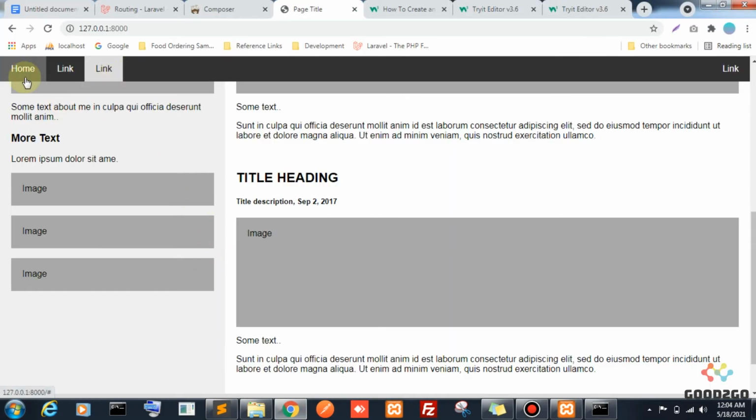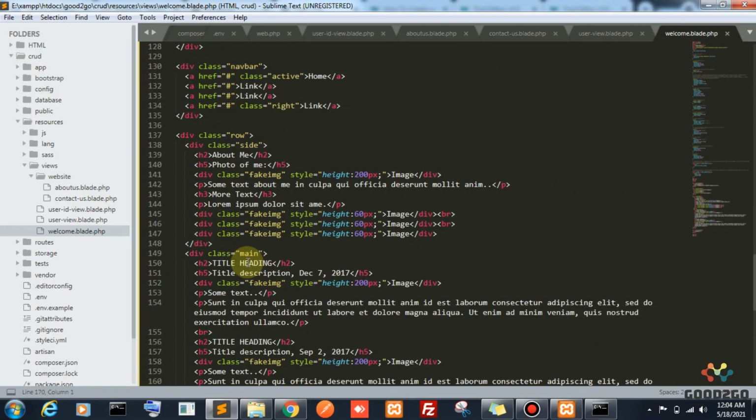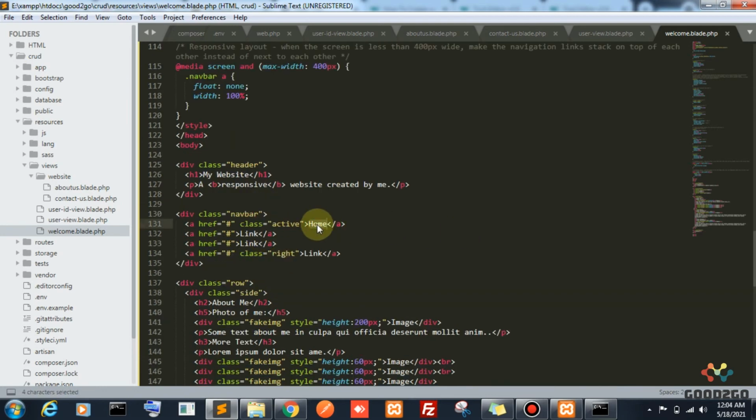Let's rename this as about us and contact us. Where is this? Home page. Whenever I am clicking home page, how do I need to give the root URL? When I click this home, it should redirect to the main page of the home. So what is the main page URL? Just slash is the main page URL.